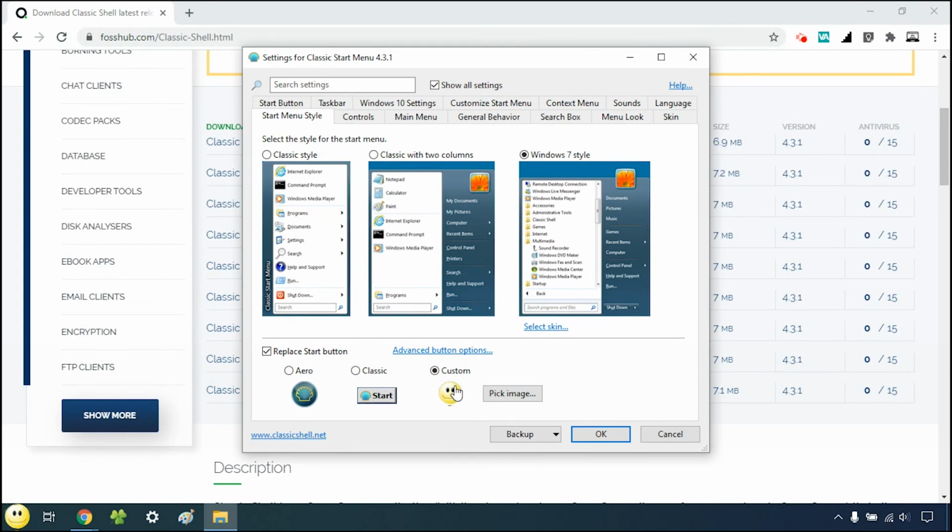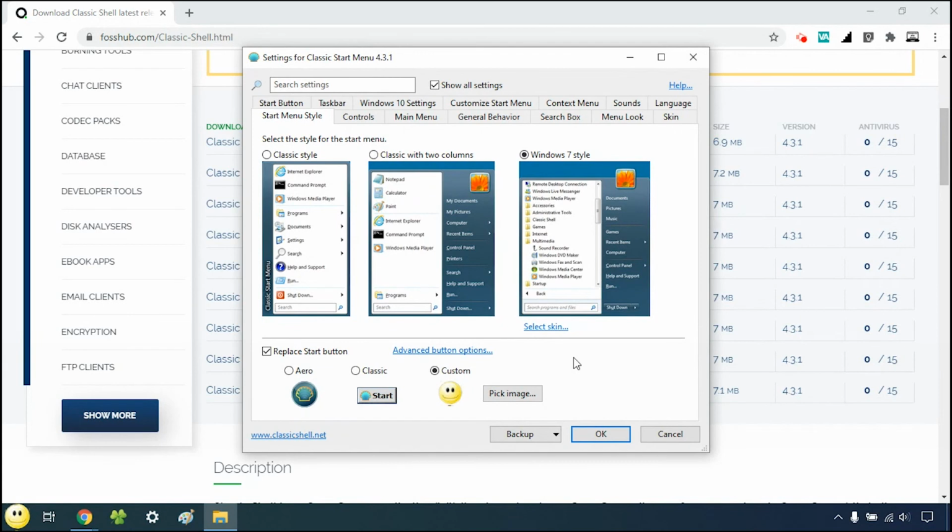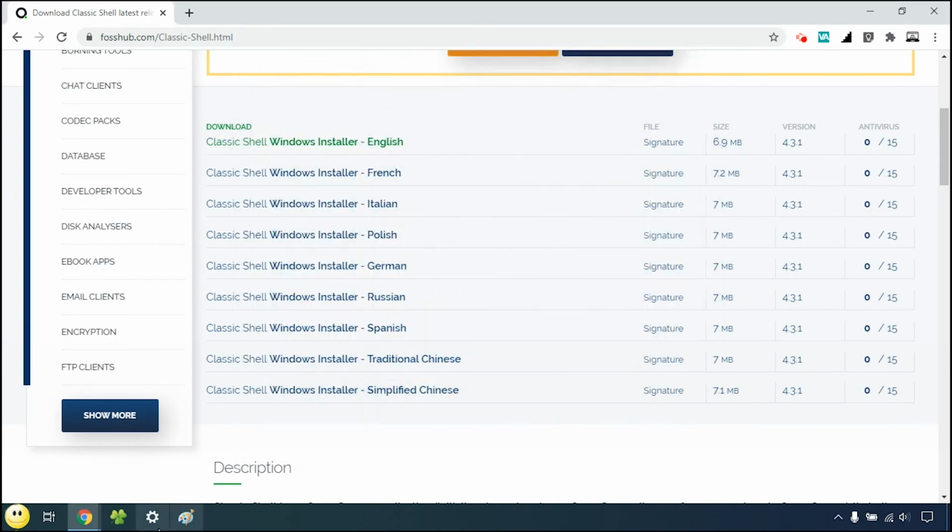So there's a catch, and it's the image that you're choosing. It has to be divisible into 3 sections vertically, because there's how it looks right now when you hover over it and when you click on it. They're pretty much 3 different images. I'll include a couple of images in the description so that you know what I mean. So after you pick your image, you just click on OK.